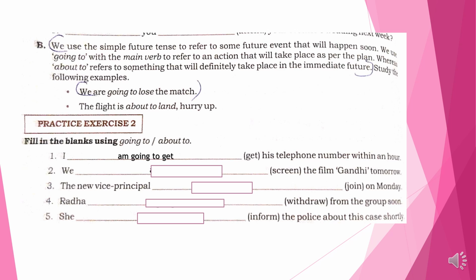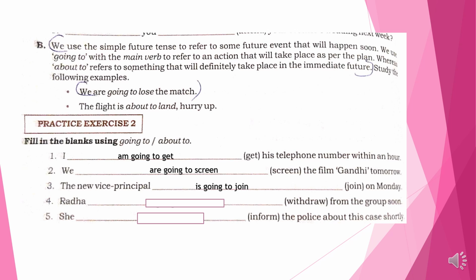Number 2, we dash screen the film Gandhi tomorrow. So here, how can we use the going to form? We are going to screen the film Gandhi tomorrow. Number 3, the new vice principal dash join on Monday. Use going to. So the new vice principal is singular, so is we have to use. Okay, is going to. Then base form, join, is going to join